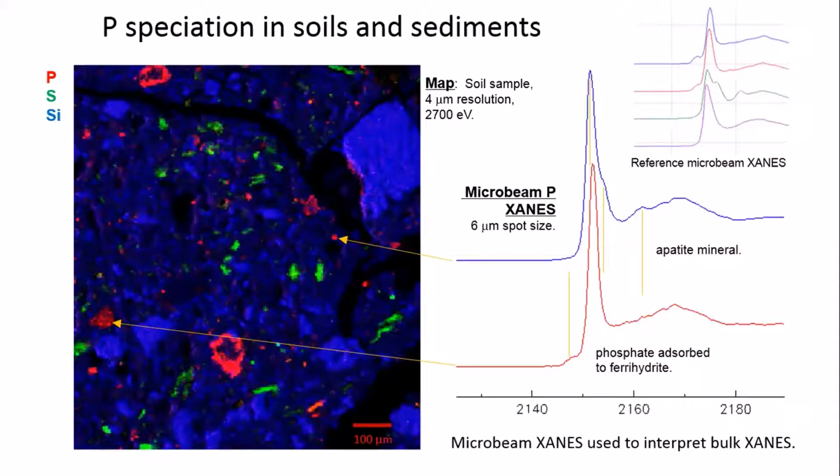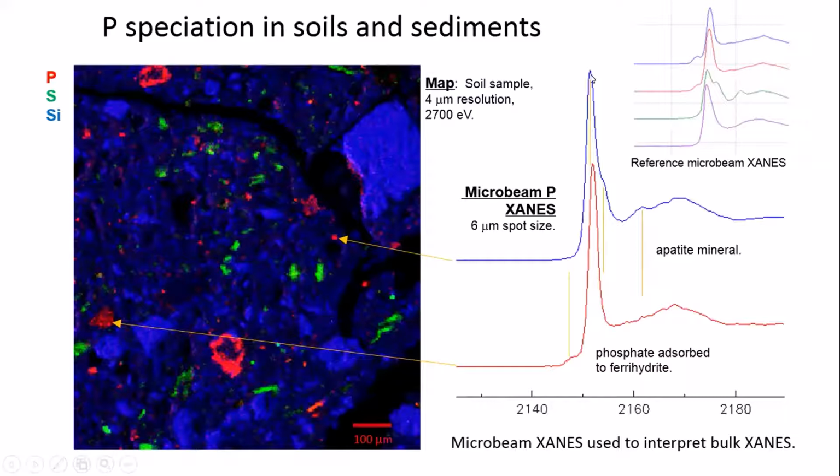This shows a fluorescence map of phosphorus, sulfur, and silicon of a soil from Japan. So you see the quartz grains, various clays, different shades of blue, and then a variety of phosphorus and sulfur distributions. Typically users are interested in finding the species in different locations. The large spectrum,